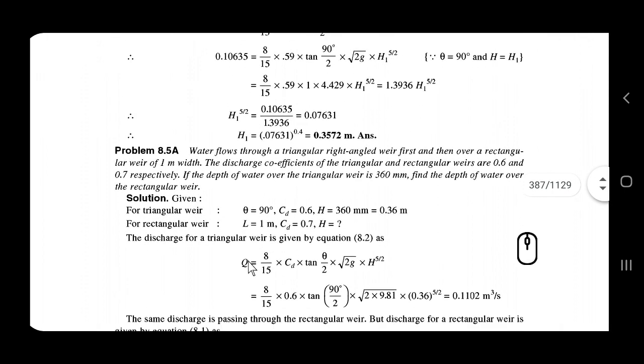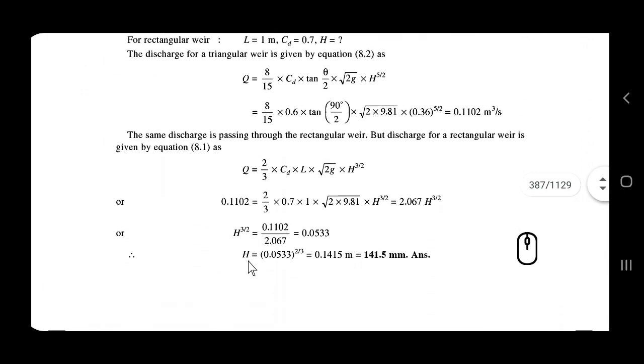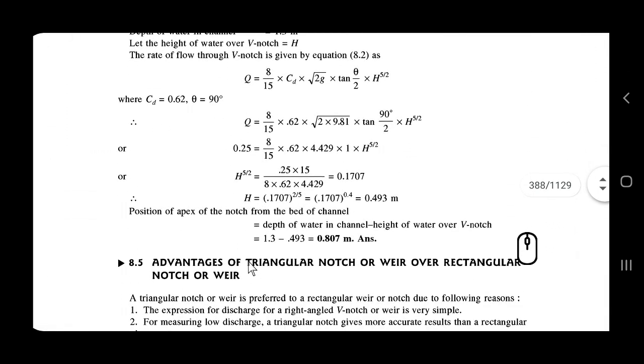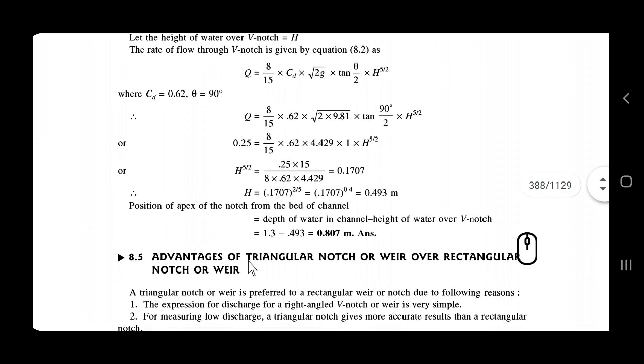Okay, so there are similar problems. You have to work out all the problems, since problems can be asked in different types. Okay, there may be only one unknown, that may be anything, maybe the depth, maybe the discharge, maybe the length, whatever, you will be having the other values. There will be only one unknown or two unknowns. One unknown you can easily understand from the figure or the question.